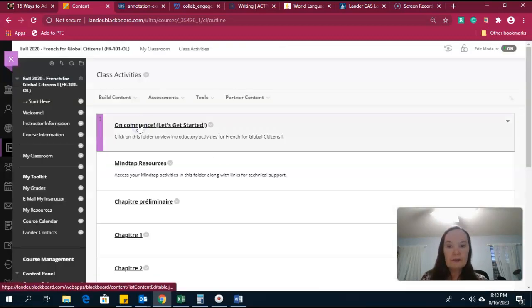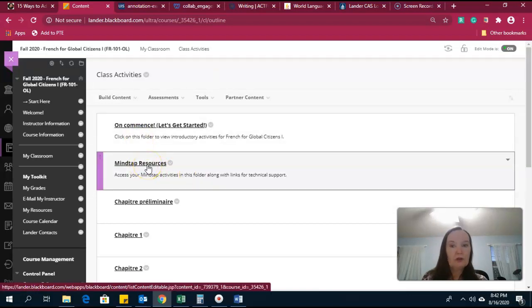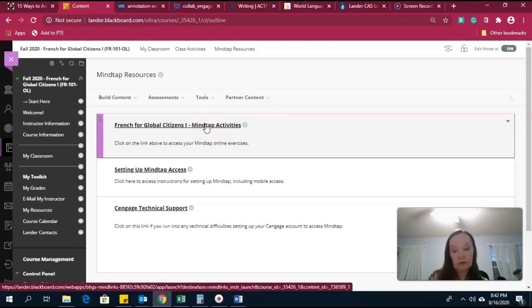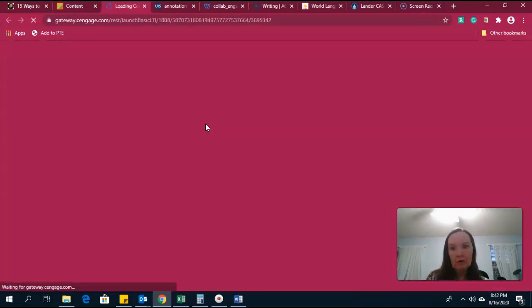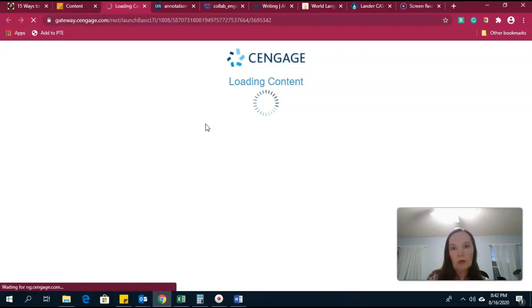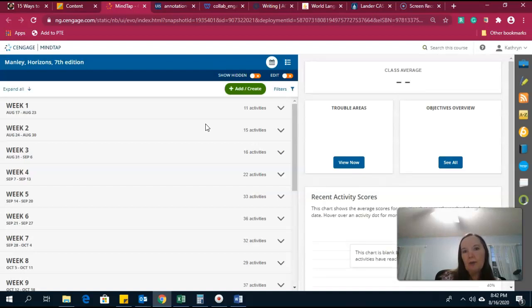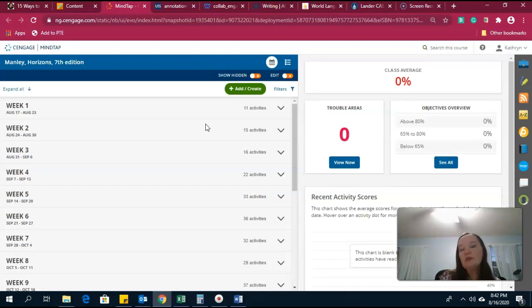Okay, then the next place would be MindTap. So you'll go into this folder for anything related to MindTap. I already have it linked to my Blackboard account, so when I click on it, it's going to look like this. And it takes a second to load. So if you've already got access to it, it's probably just going to ask you for a code maybe, or it may prompt you to go ahead and purchase the access to it. Once you have it set up, this is what it looks like. And there's another link in this folder where I've given you instructions to get it set up, both on your computer and on your phone. You can do these activities on your phone too.